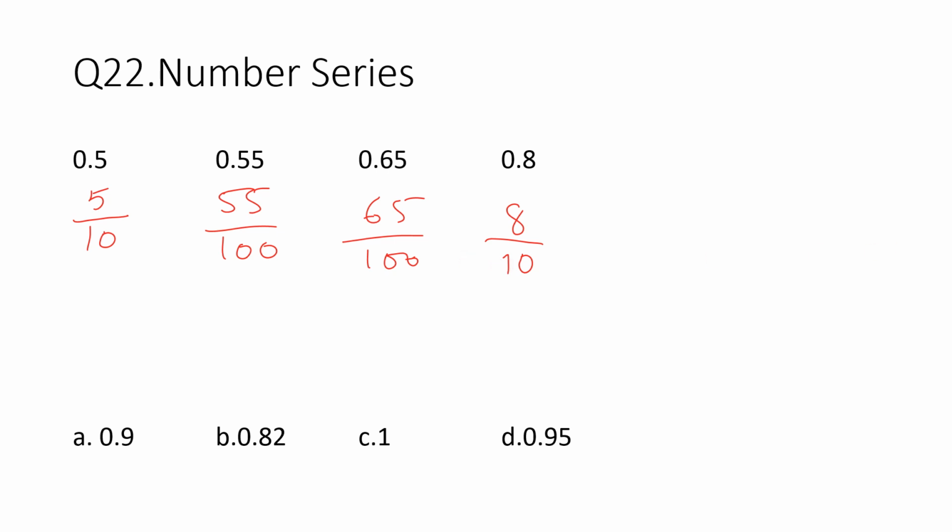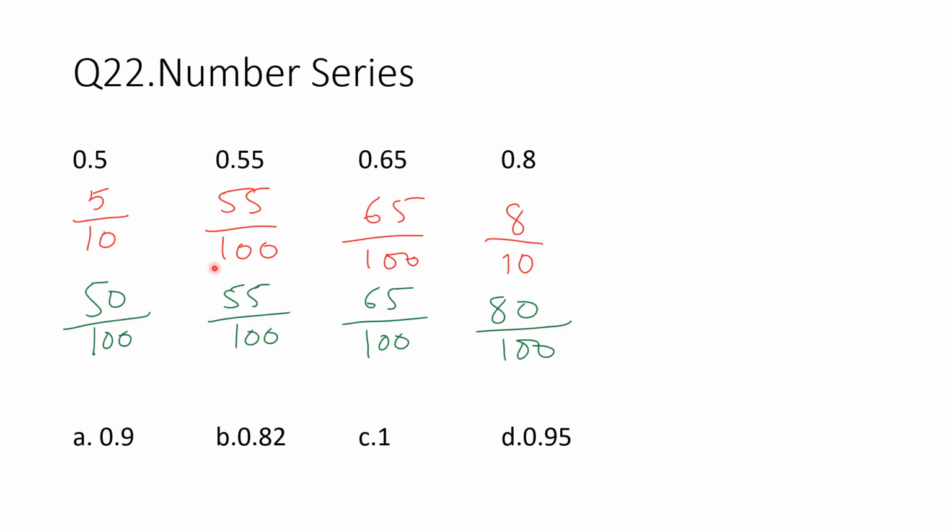To make the denominator same, आपने क्या किया? 5/10, यहाँ 100 दिख रहा है नीचे, 55 by 100, 65 by 100, तो इनको 5 by 10 को भी 100 डिनोमिनेटर में अगर आप लाते हैं तो 50 by 100 हो गया. Similarly 80 by 100 हो गया. So if you see this 50 by 100, 55 by 100, 65 by 100 and then 80 by 100,